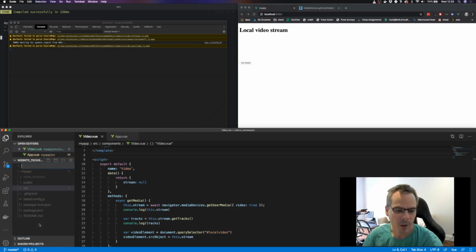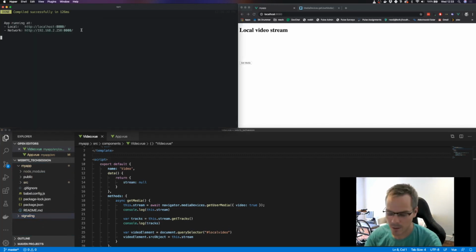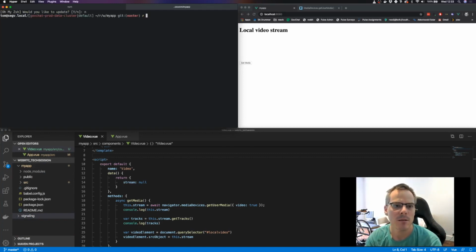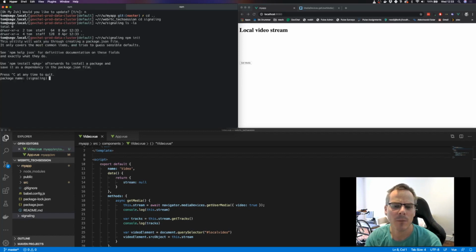So I'm going to build a signaling app quickly. Let's just go there. I'll maybe make a new tab. So let's go to the signaling, and I'm just going to build a very quick WebSocket